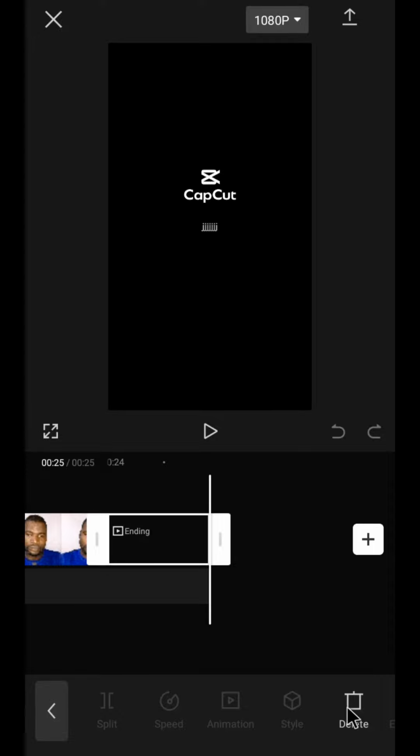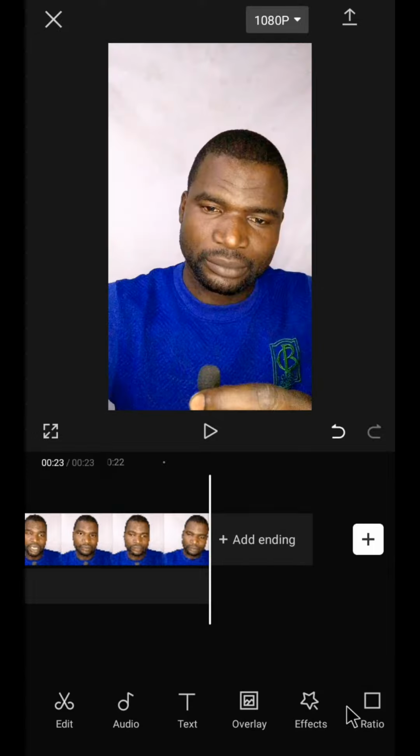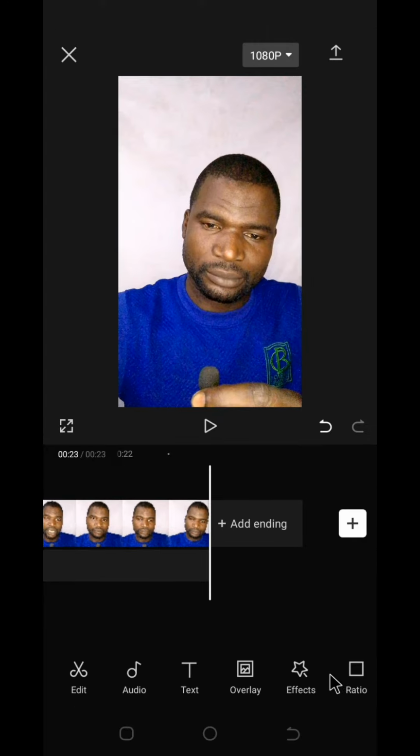So what you do is you click on it, highlight it, and look for delete, so you click on delete and you remove the CapCut watermark. Now your video will not have that watermark. But if you want to remove it permanently, because you will not want to be deleting it anytime you edit a video in CapCut,